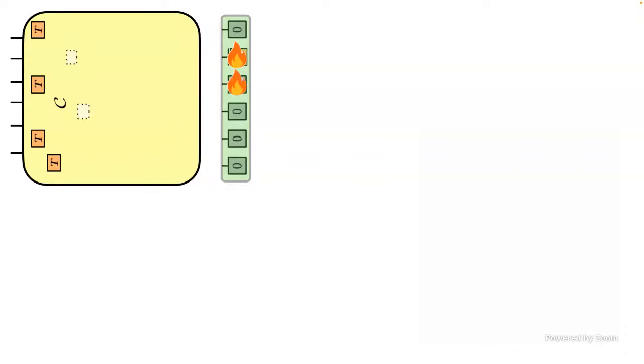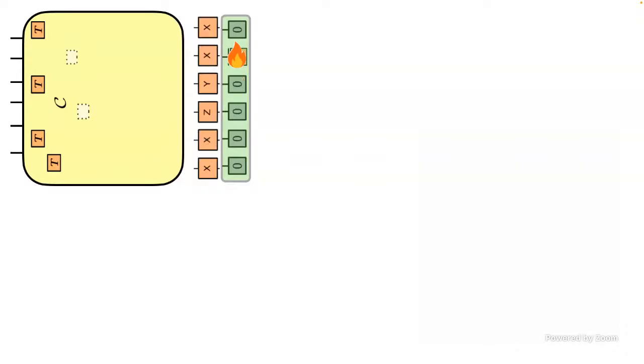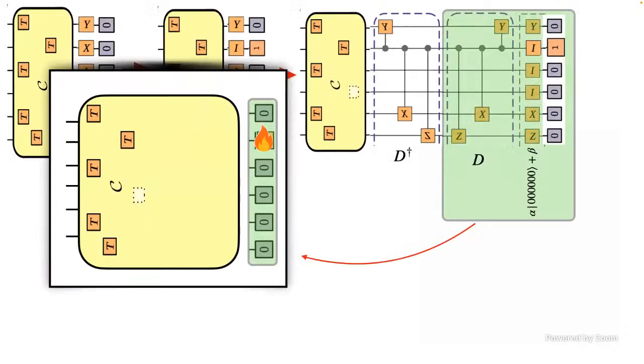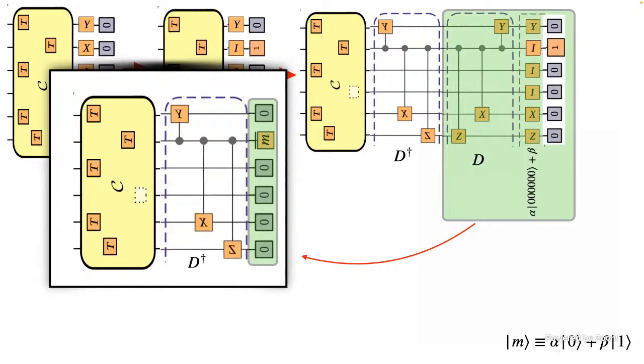Let me pick that one and consume that qubit. Yes. So what do you mean by burning the initial qubit? Well, once I've applied this X to this qubit, what I'm left with is alpha 0 plus beta 1. So now that is a qubit that is in some magic state, alpha 0 plus beta 1.